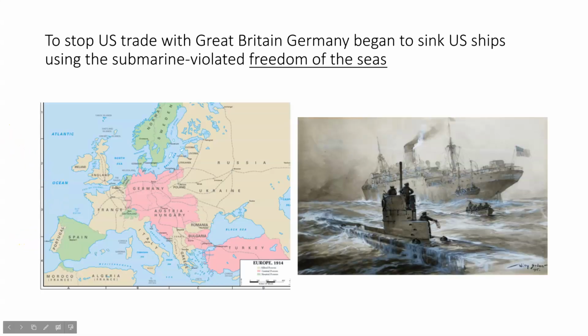All right, so the first thing, and this is super important, one of the goals of the Germans was to stop trade between the United States and their enemies, the French and the English, all right? Because if we remember from the chart before, the Germans were not able to get American trade, and there's a reason for that. I'm going to show you that right now.